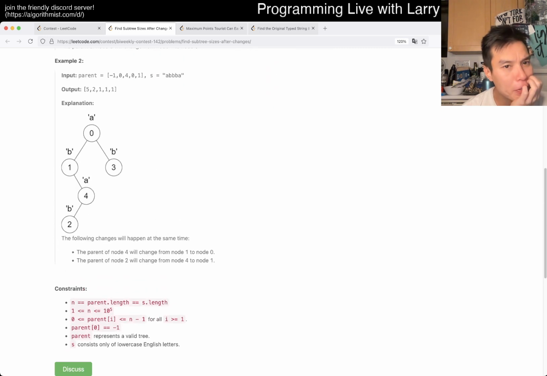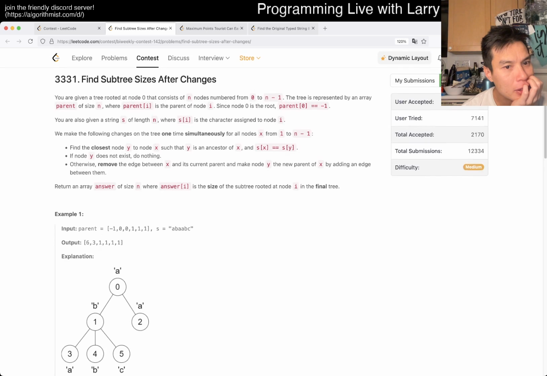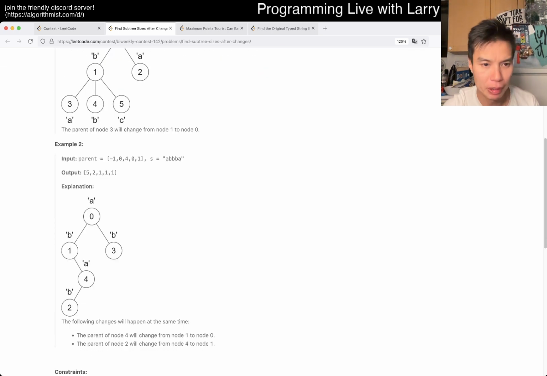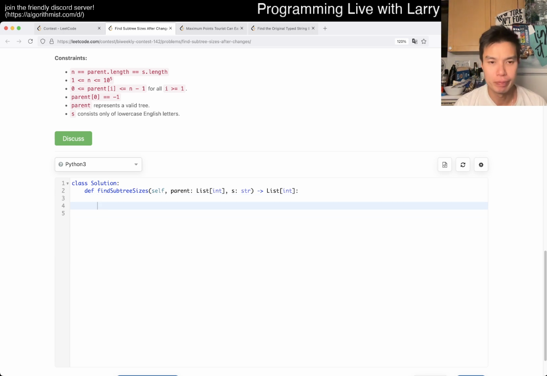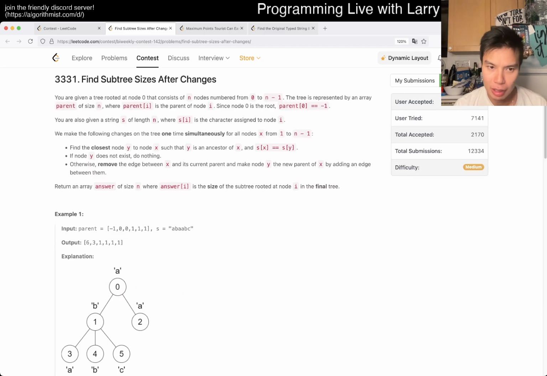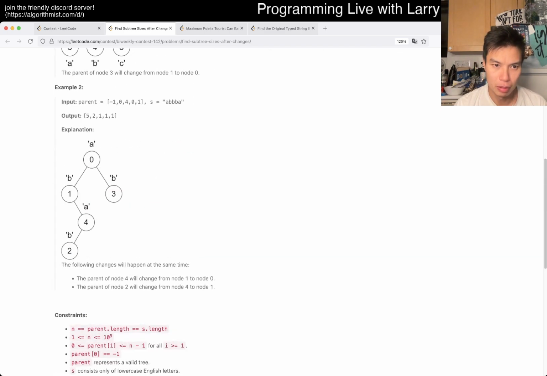How do I want to think about this one? I mean, there's only 26 things, so you just keep track of it recursively, right? I think that should be fine. Yeah, not an easy one, but it should be doable.